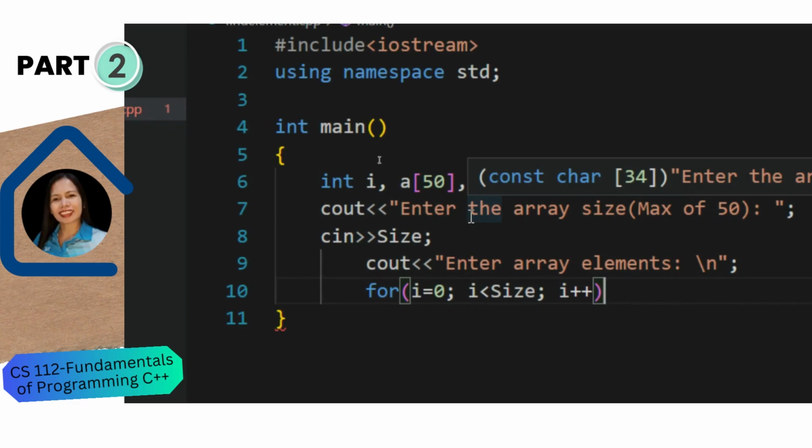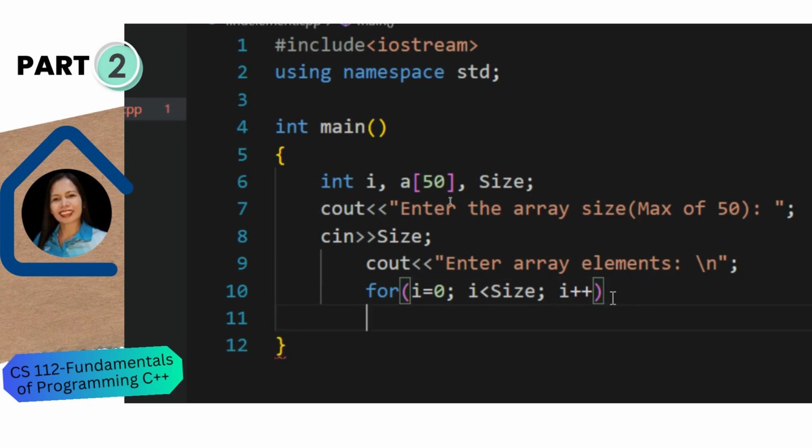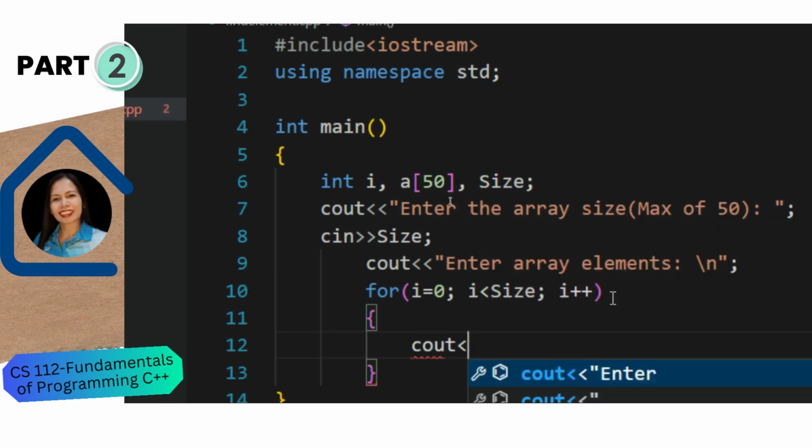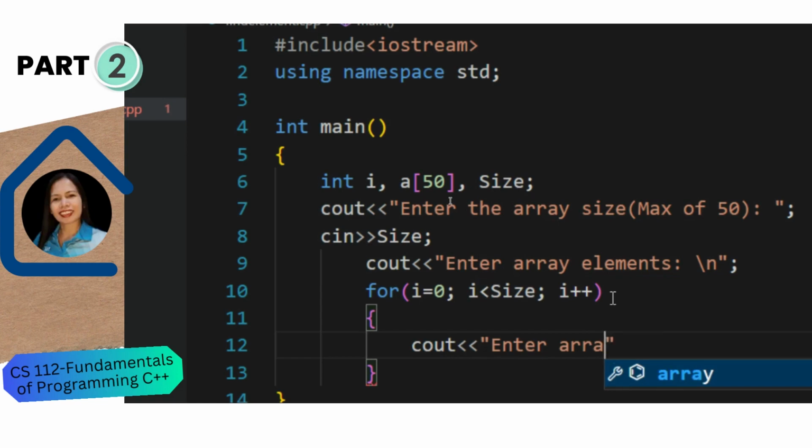Then it will iterate and continue looping. So the way it loops, it will be asking for some information, like what do you want to display or tell the user to do? I can say enter. Let's say the name is array, or variable, and then inside the bracket we have to put